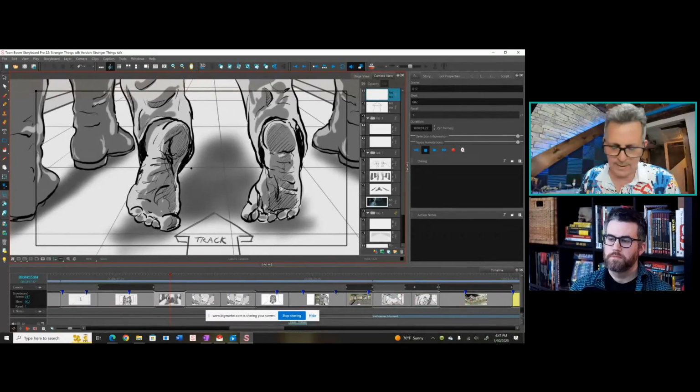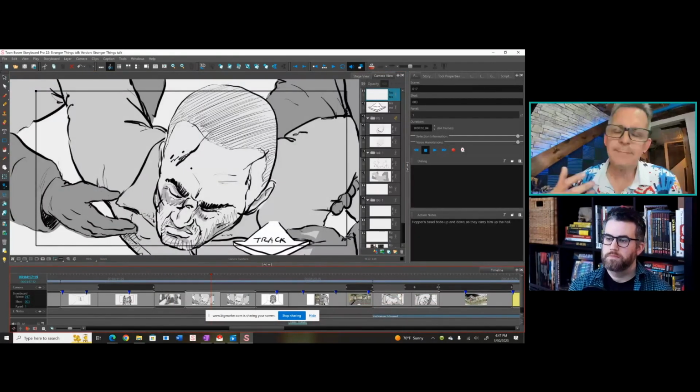And the more I can get it to look like the characters, the easier it is to quickly read, but it doesn't have to be that clean. So I could be working on an episode of The Walking Dead, and some of the boards are really tight, but if I have to do 100 or 140 in a day, they're not going to look like this, because there are times you have to just pump through a ton of them. They're going to be really loose, and that's okay as long as the information is there.